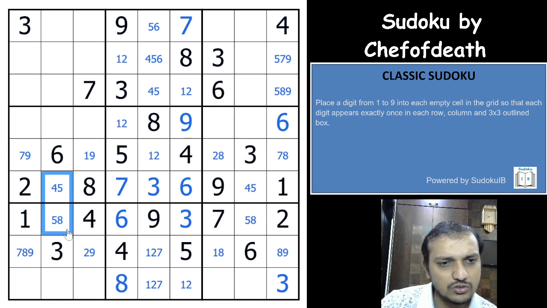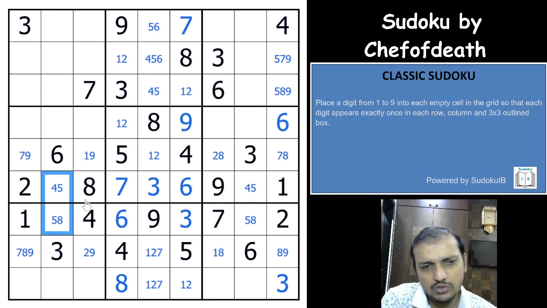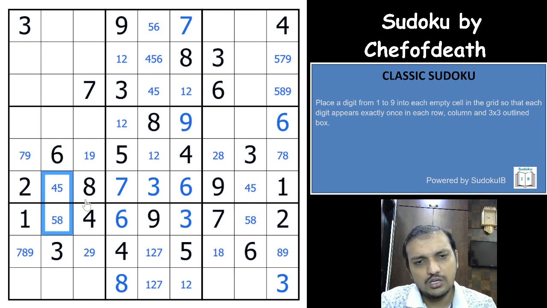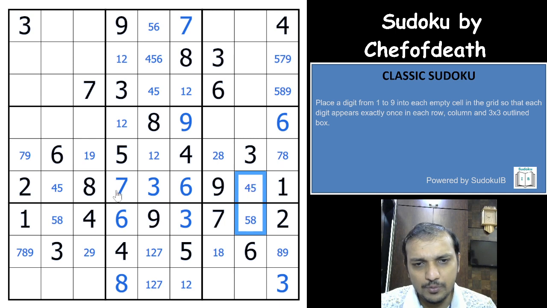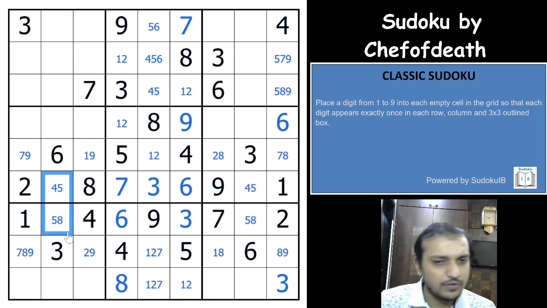At the start I saw an X-wing of 5, but does that help? I just want to see if that helps. It's a good way to start with the X-wing. Very simple way to see the X-wing. If you are really looking forward to learning X-wing techniques, Y-wing techniques, this is the best way to learn. At the start when you don't have much of complicated ways to find the X-wing,